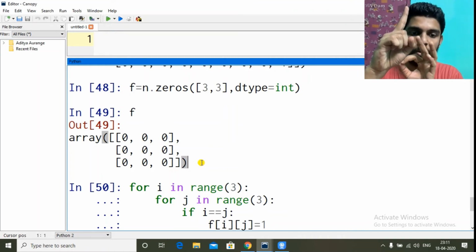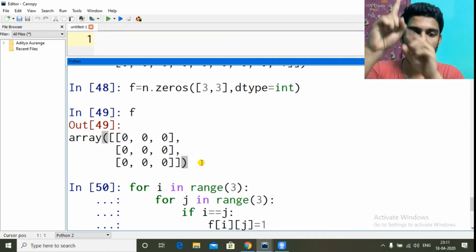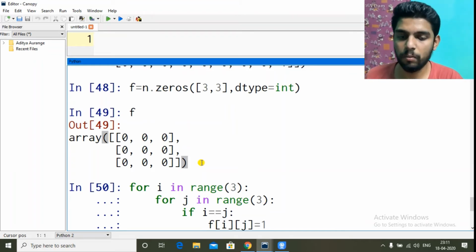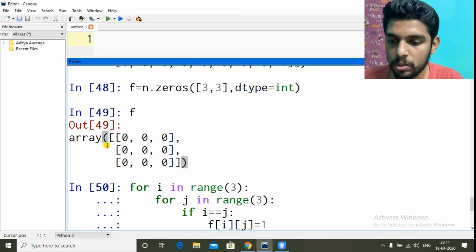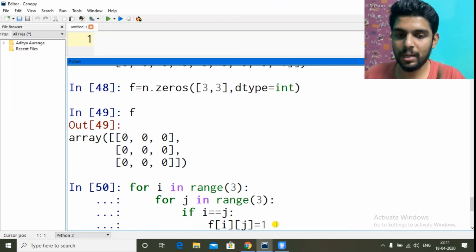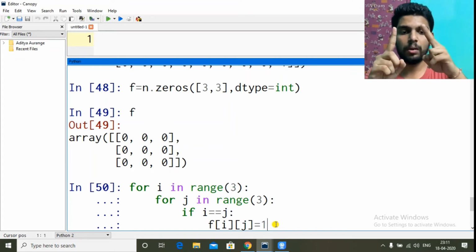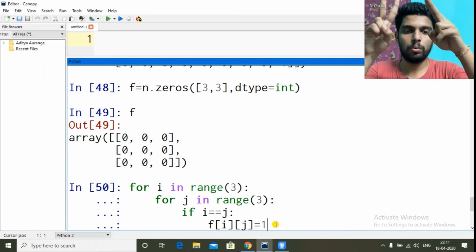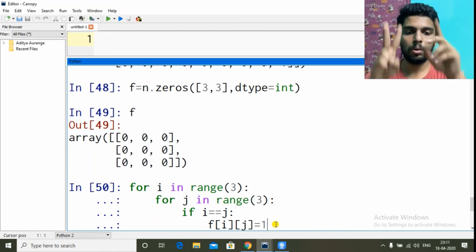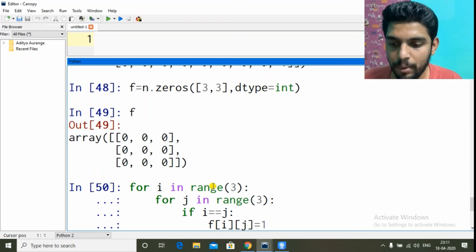So for 0, not equal. For next time, 1 equal, we will change value of f of 1, 1. So it will be changed to 1. Similarly, for 1, 2, no change. It will go up to 2, 0, no, 2, 1, no, 2, 2, yes, and it will change the last element to 1.